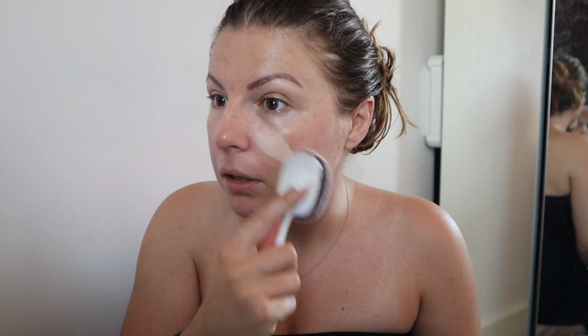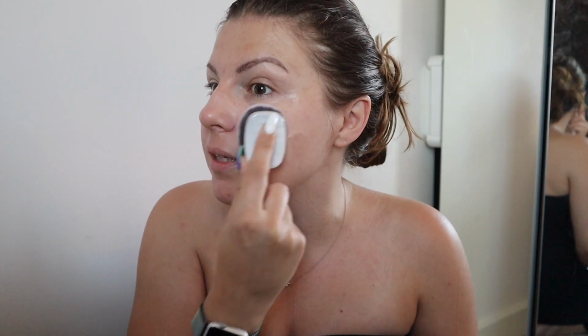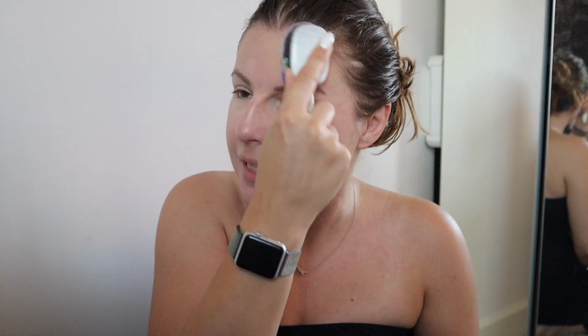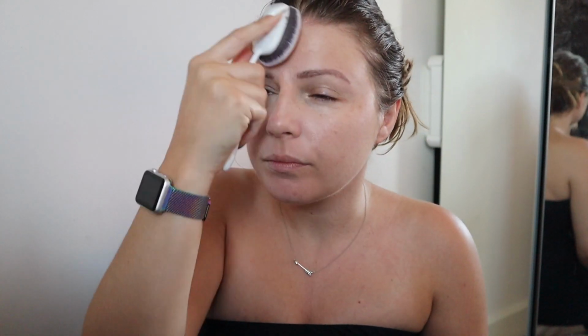And it was really dense. It's literally taken 2 days to dry. But I couldn't use this yesterday, so perhaps this was fate. I remember loving this brush way back when, and Real Techniques have brought out some brushes that are really, really similar to these recently. I don't know if this one's still available, but it's incredibly dense to the point where there's almost no movement. I like that. So this foundation,